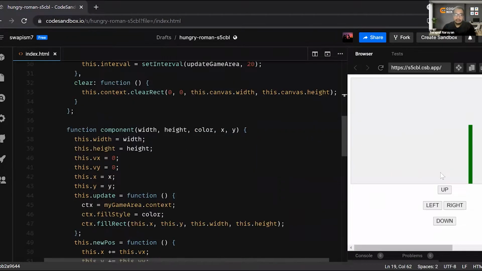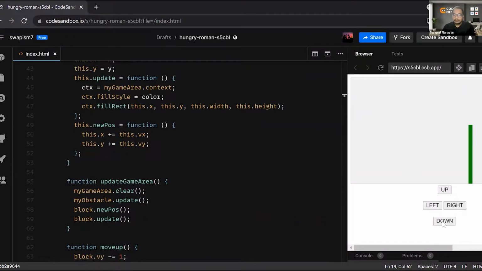Basically, what am I trying to do? Whenever this will be hitting the obstacle, it will stop, right? I need to make the obstacle rigid, right? If there is pixel overlap, yes. So how will I get it? How will I know that the pixel is overlapping? This you need to tell me, guys.